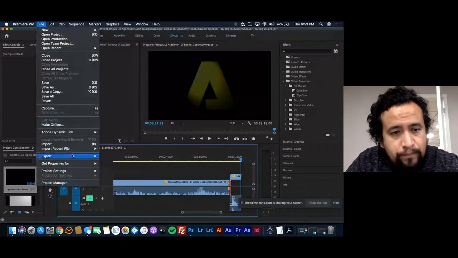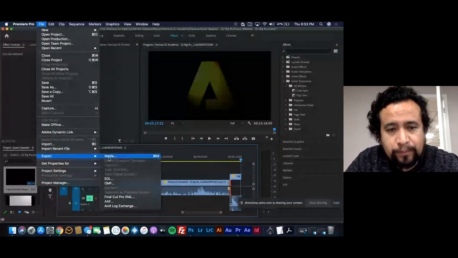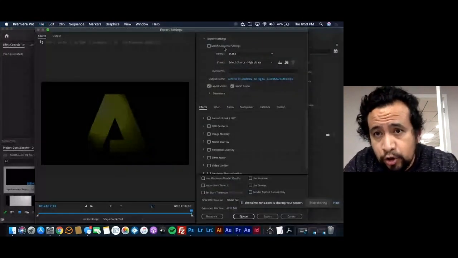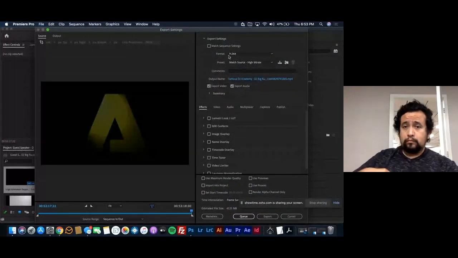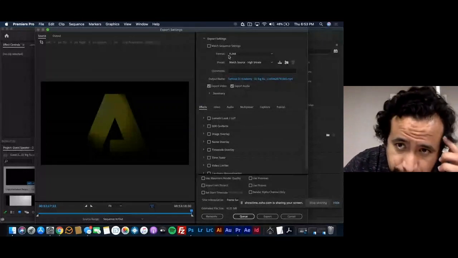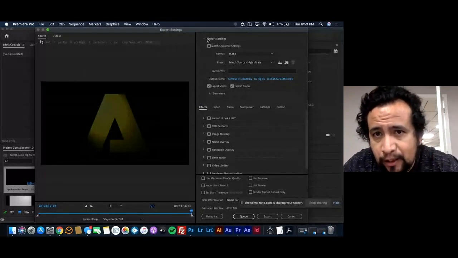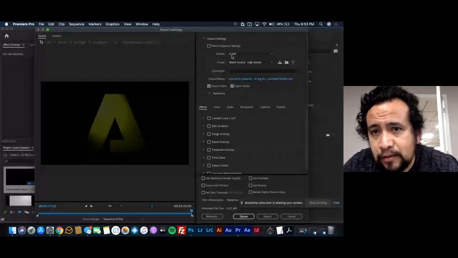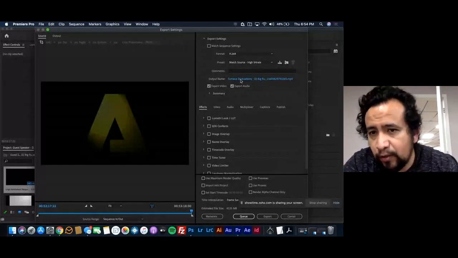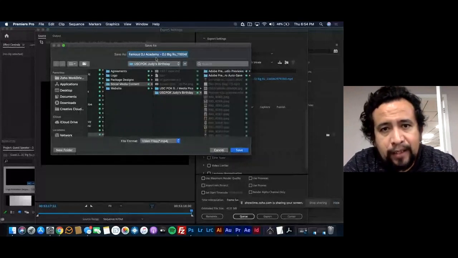File, you go to Export, you go to Export Media. You're just going to leave this at, it depends on where your Premiere stuff is at, but the format you want to use here on export settings is the format H.264 and preset Match Source High Bitrate. And the output name is obviously going to be the name of the file you already used, but you want to change that. So you go ahead and click on it, and then you just